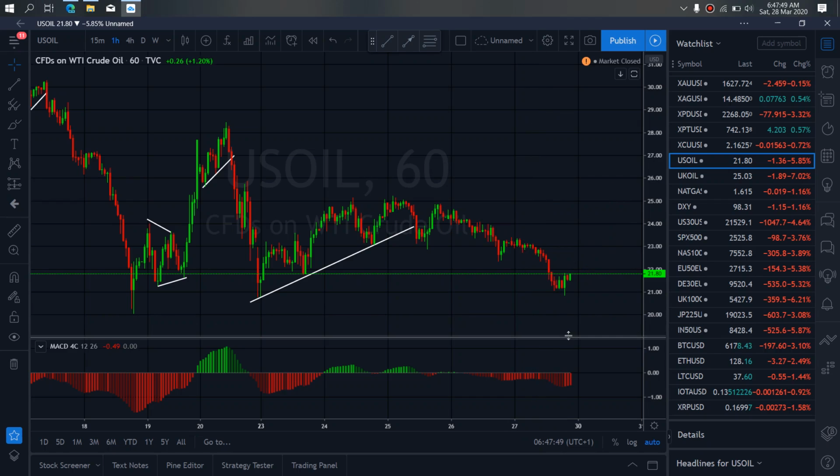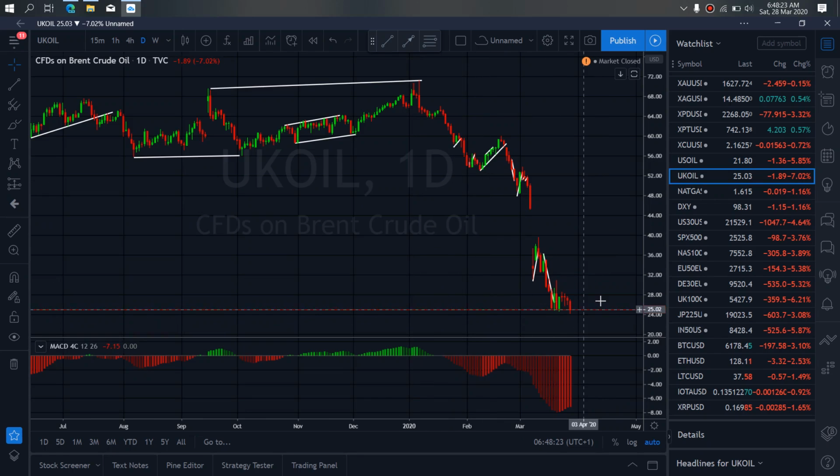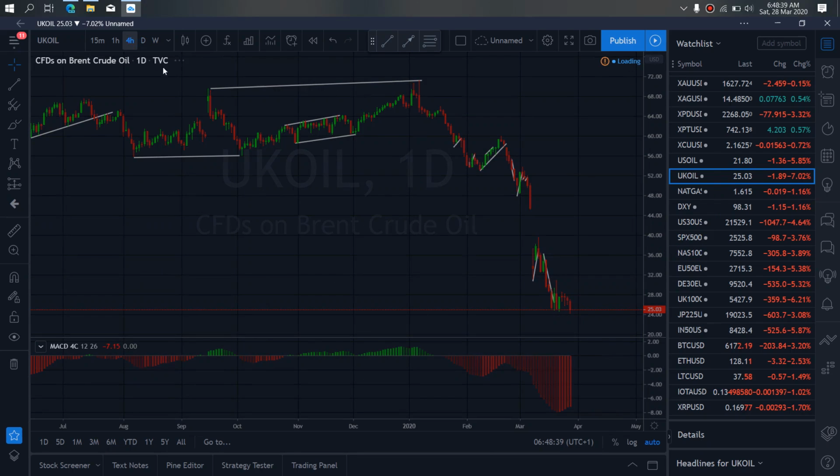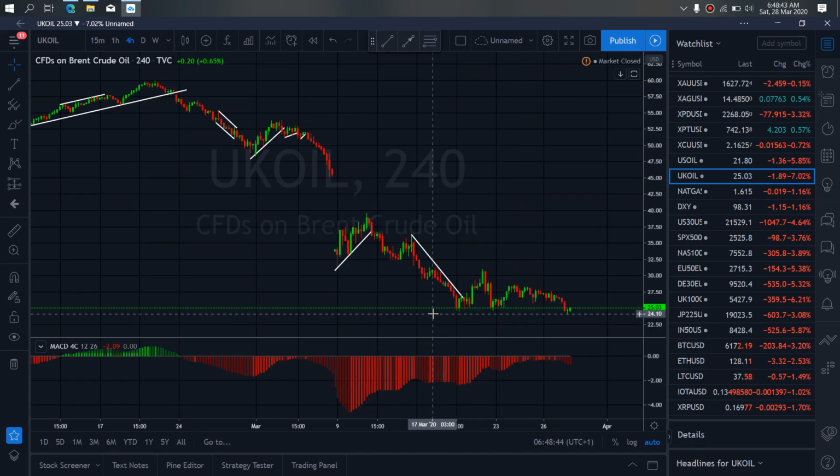On UK Brent oil for this week, Brent has been in a sideways corrective structure for a while here, so we expect after that to give us another flat here for one more drop and then big upside will come through for us. So if we zoom to 4 hour time frame on UK Brent oil, I want to look out for,